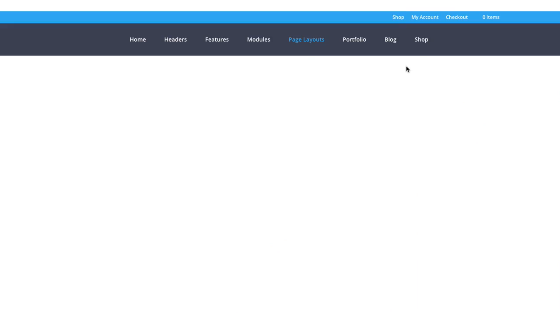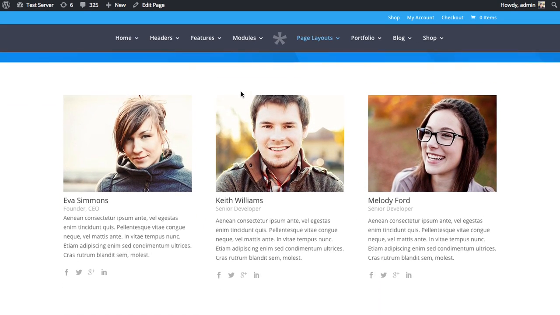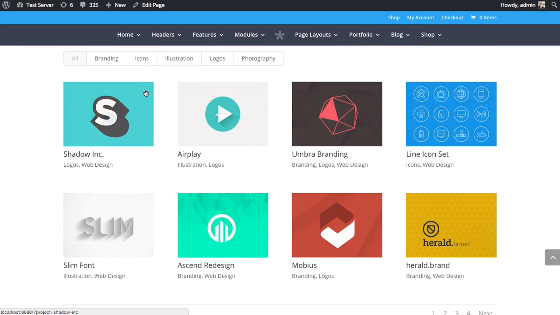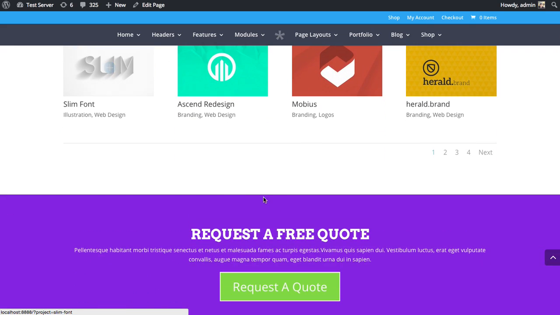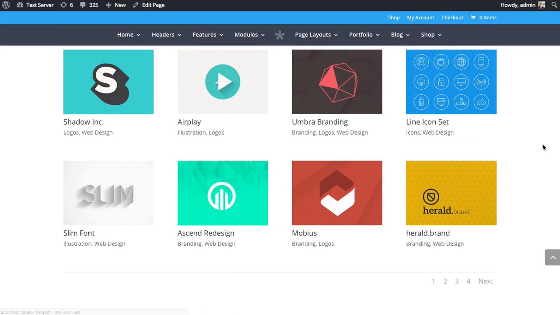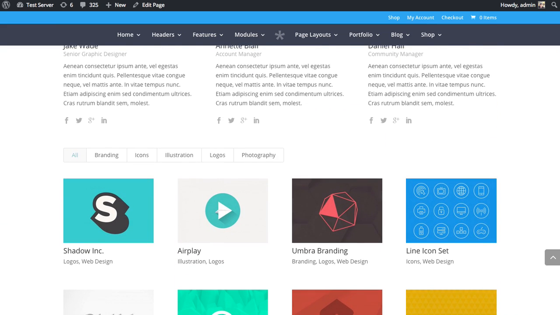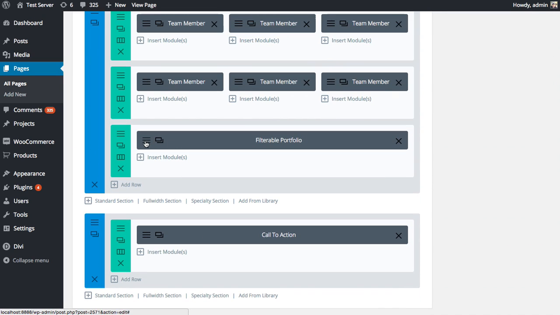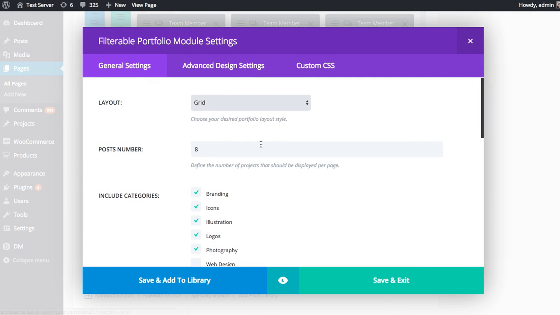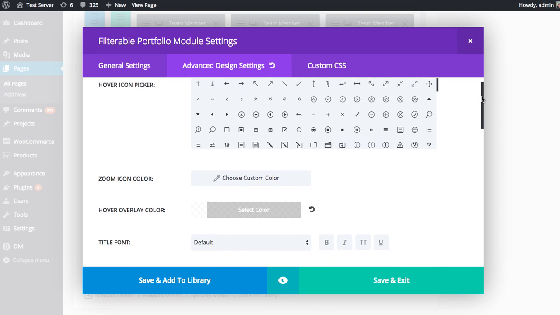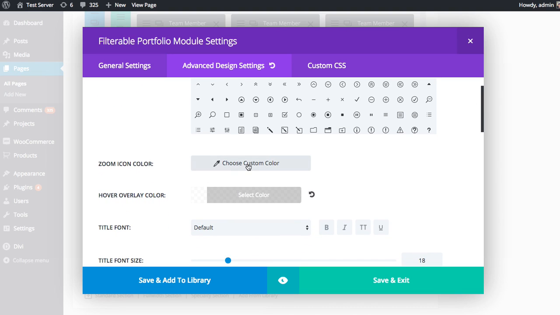So viewing our page, we have our nice about our team page, some info about our team, and then below that, some examples of our work, and finally the call to action module below that. So this looks really great. Now, like I said, and I'm just going to touch on it very briefly, you can also jump into those other tabs, those advanced design settings and CSS tabs, to really customize the appearance of the module, and you can customize absolutely everything. So the icon color, for example,